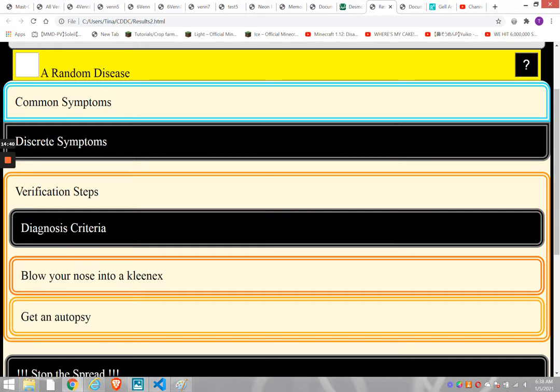So verification steps. These verification steps are for a single disease. You can narrow out one disease at a time. So if you're really laser focused on one type of disease, you can test for it. So in this case,